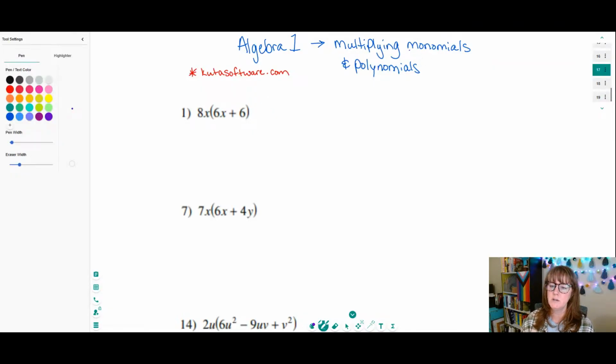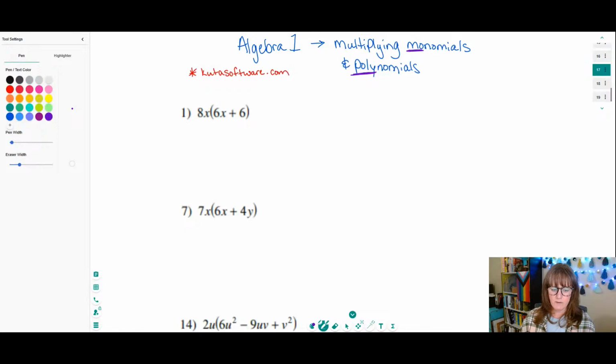So monomials meaning one, polynomials meaning many. So these are talking about the terms that we're multiplying. I've got a couple. I'm going to call this beginner, intermediate, and expert level. So I've kind of started off easy here, and we're going to work our way through to the more challenging